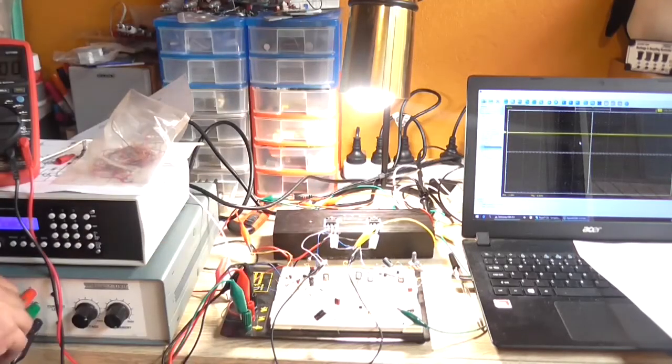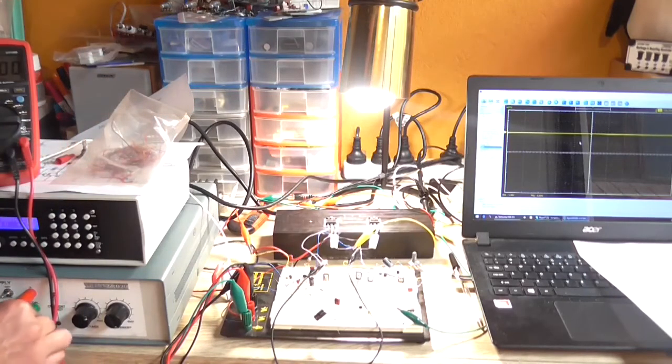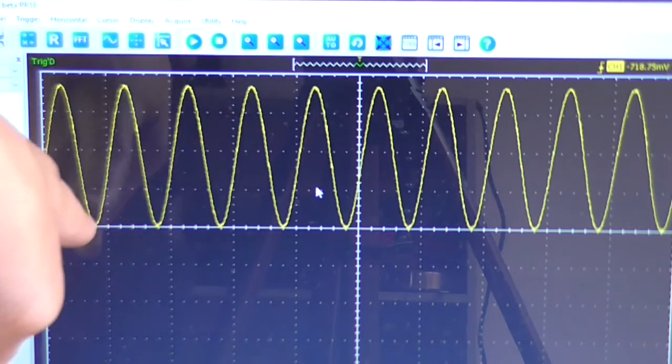And I also need to remove this resistor out of series with the supply line so it's not adding distortion. And I'll just turn the thing back on. And there we go. Got a nice sinusoidal waveform going there. It's not showing any signs of crossover distortion